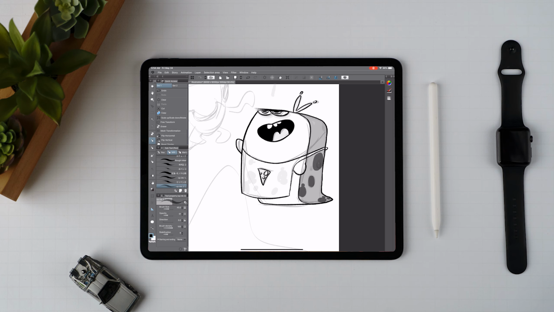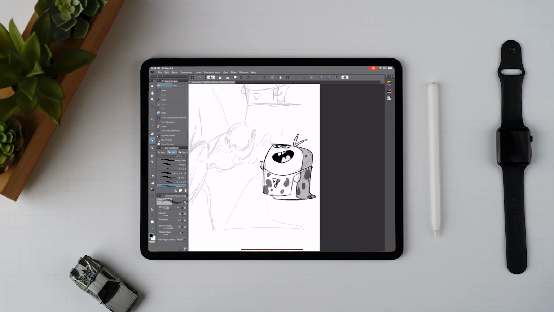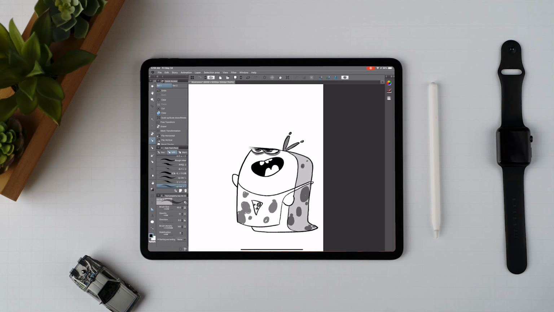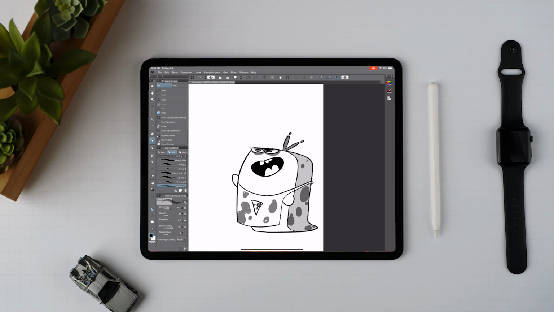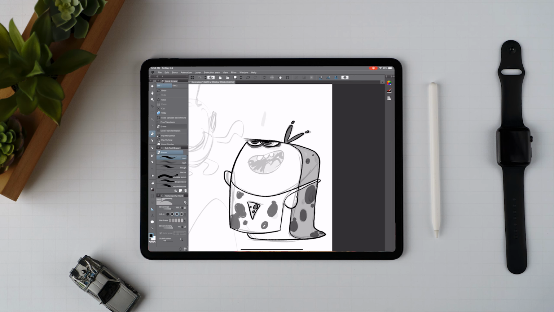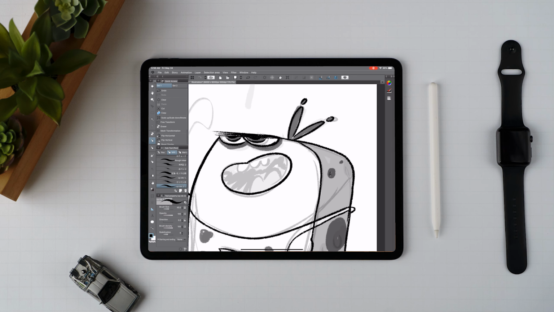You'll see towards the end of this video, the way the character looks right now is very different from the way he looks at the end of the video. Right now he's a little more round, and like I said earlier, the round shapes convey more of a peaceful archetype, and I really wasn't looking for that at all. So you can see me going in here again, minimizing that layer, minimizing the opacity of that layer, drawing over it again, and I believe I do this 3 or 4 times for this character,